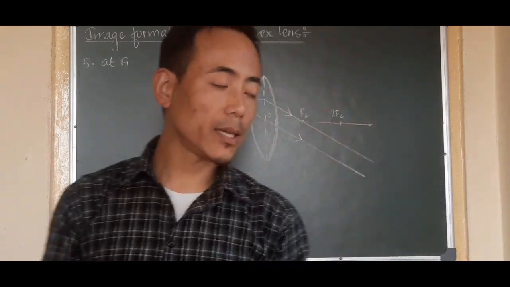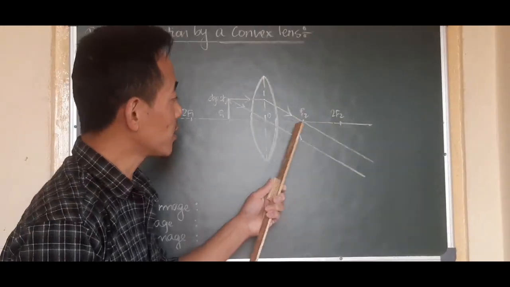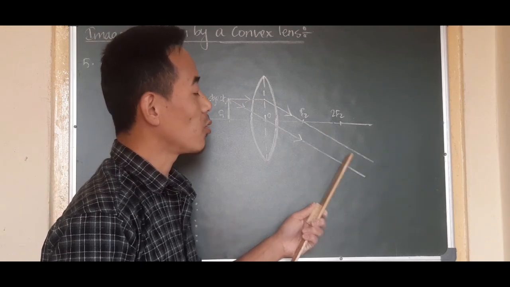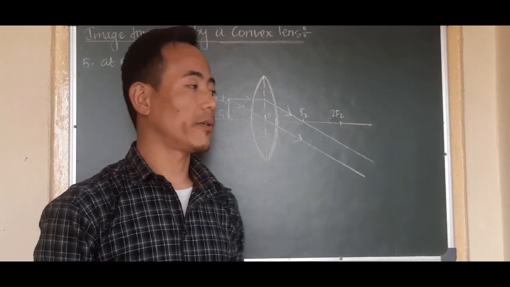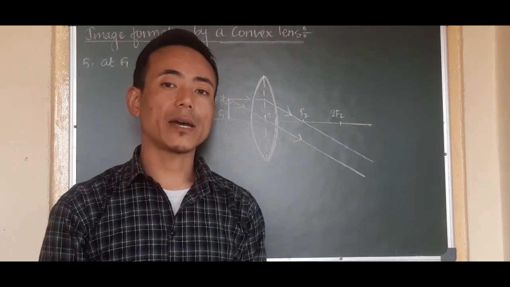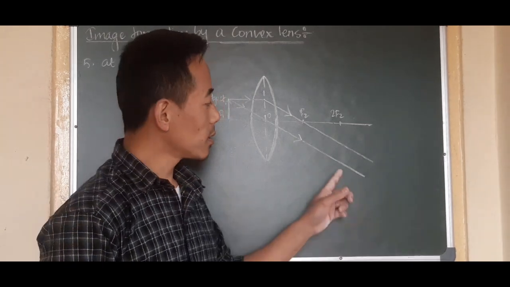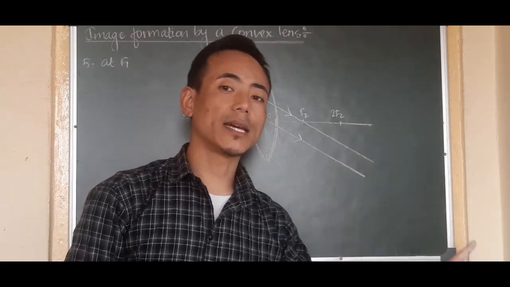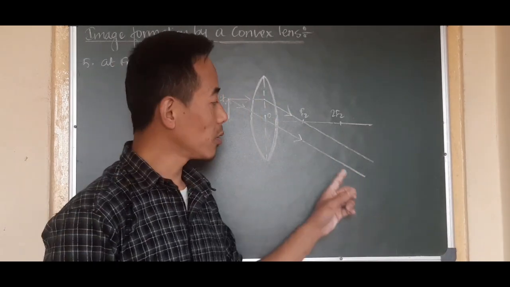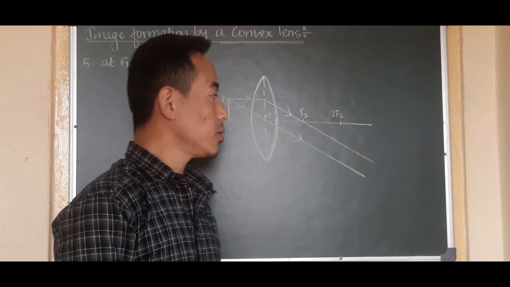So here in this case we have two refracted rays, but you can see that the two refracted rays are not intersecting each other, rather they are parallel with each other. And whenever the rays are parallel to each other, we have discussed this while doing the mirror also, we will consider that these rays will intersect at infinity. After going through a long distance, these two rays will intersect. Alright, so